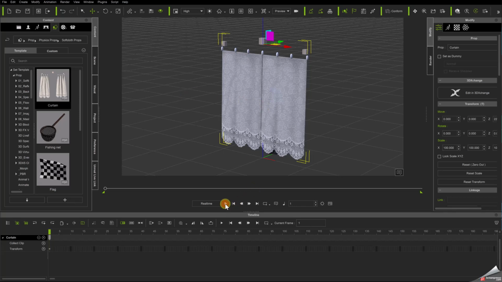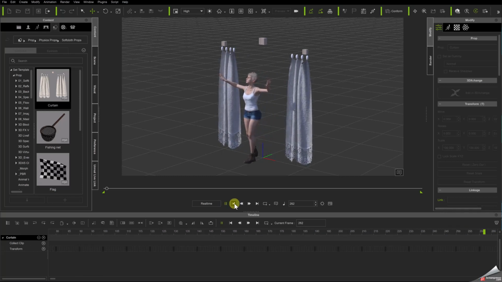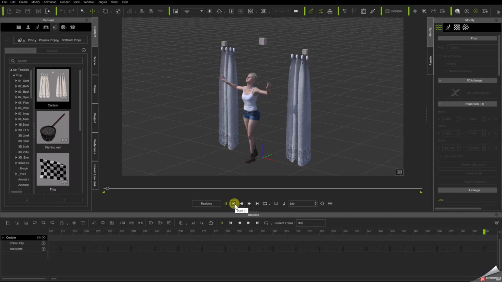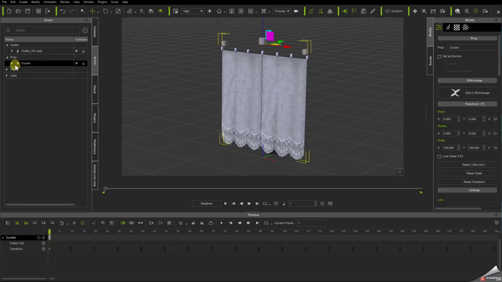And if I play this, you can see the curtains open, and I could adjust the timing so that she opens the curtains more quickly and her hands would be in the right place. But I think what you're wanting to see is the curtains pushed aside by the character rather than the opening animation. So what I'm going to do is, with the curtain selected, I'm going to go into my scene manager,